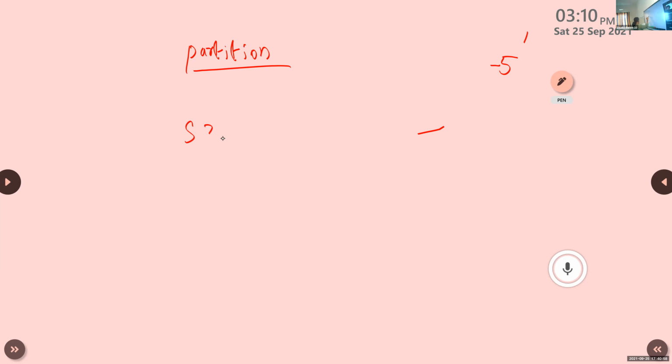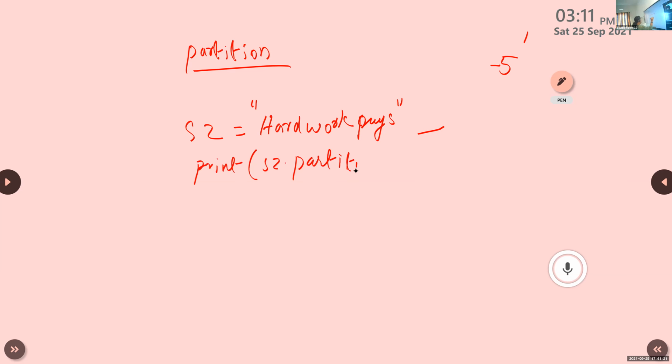Here S2 is equal to hard work pays. Print S2 dot partition within bracket work.